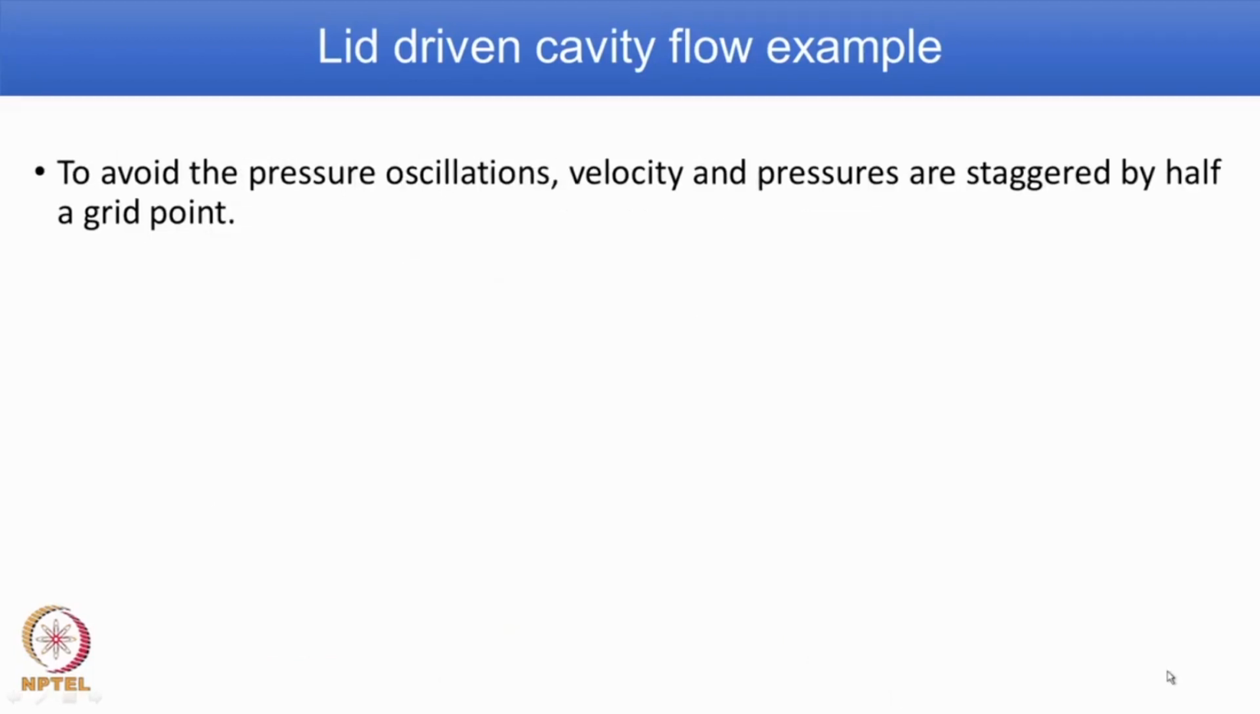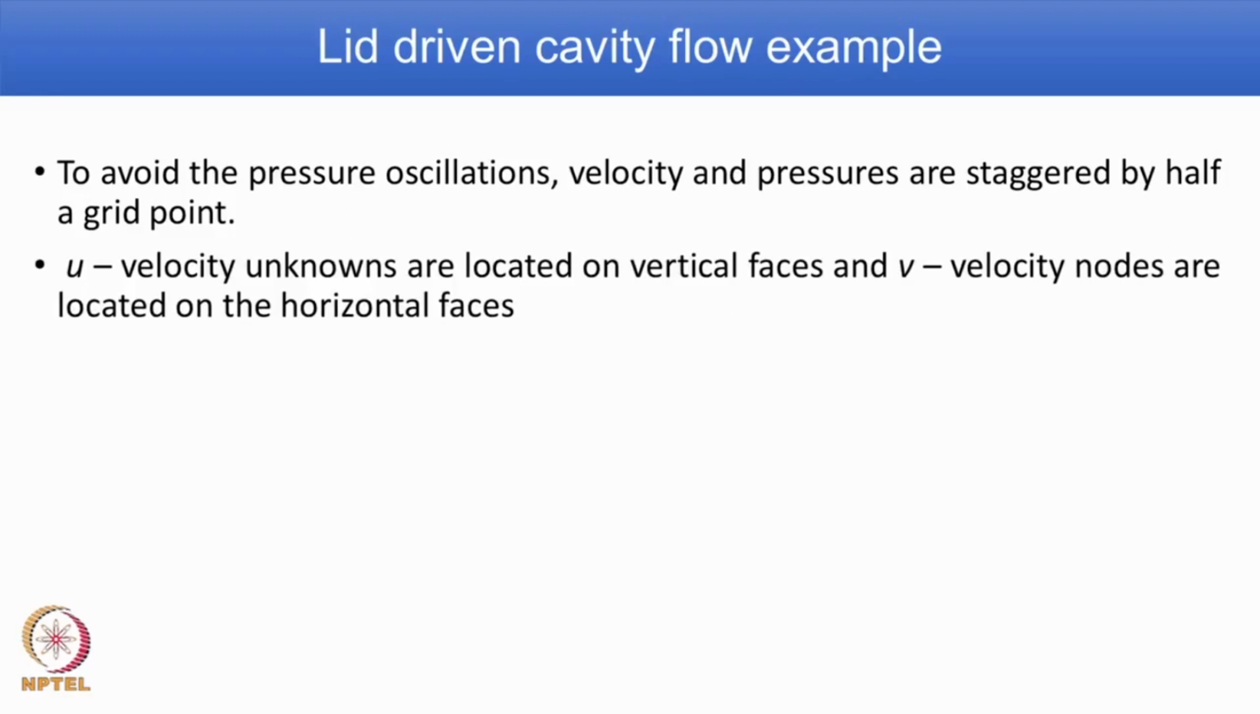We also learned about storage of variables. We have 3 possibilities: collocated, staggered, and semi-staggered. We learned that the collocated method of storing the variables results in what is known as a checkerboard problem, and there is a pressure oscillation. To avoid that, we have another method, what is known as a staggered way of storing